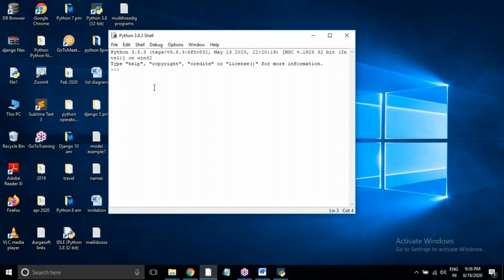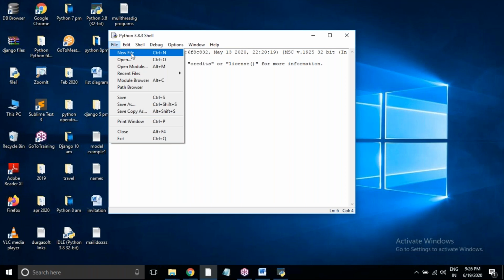Here we can execute the commands, like print s. But if I want to write a program, then File, New File.